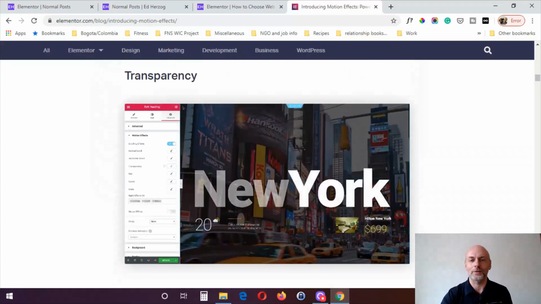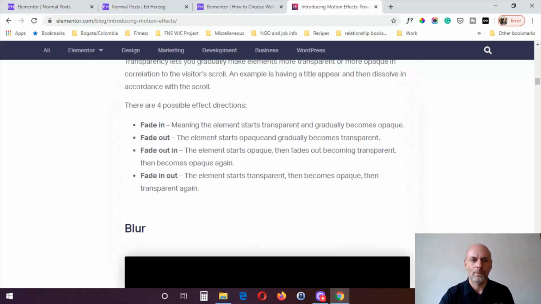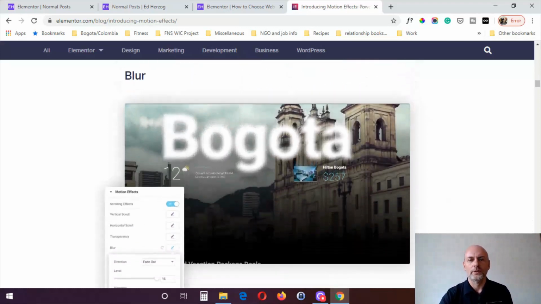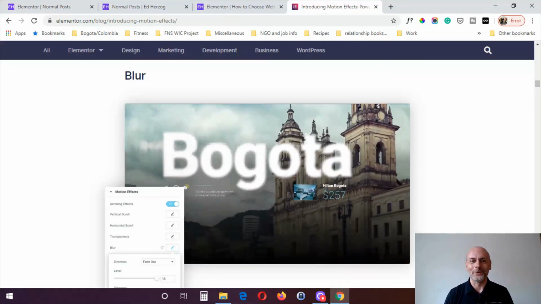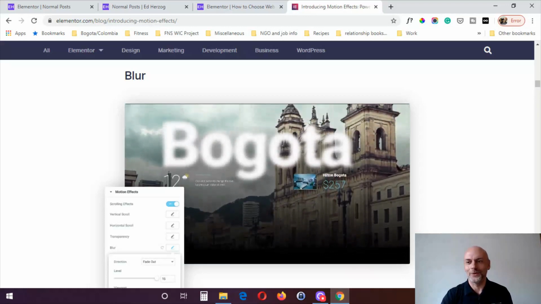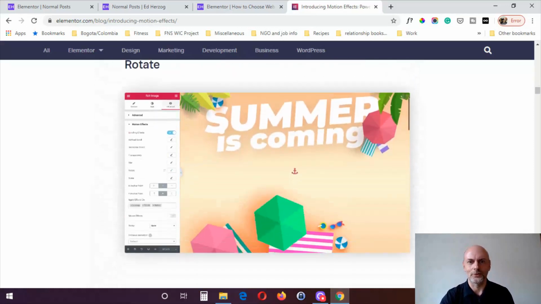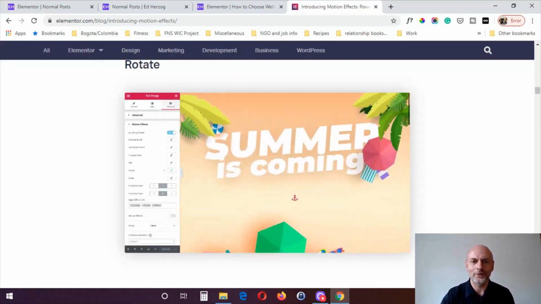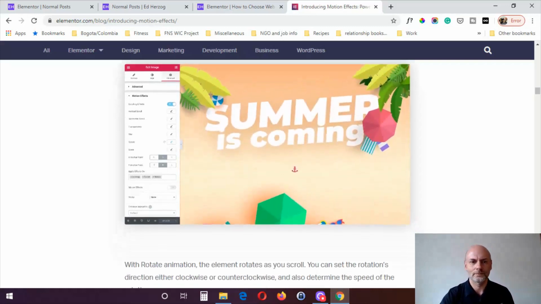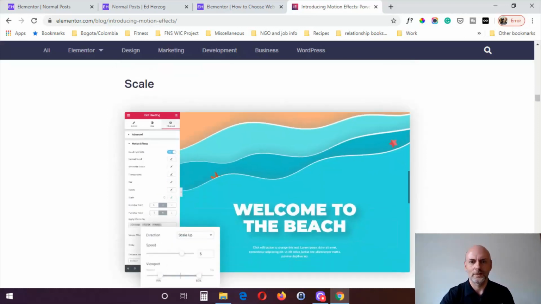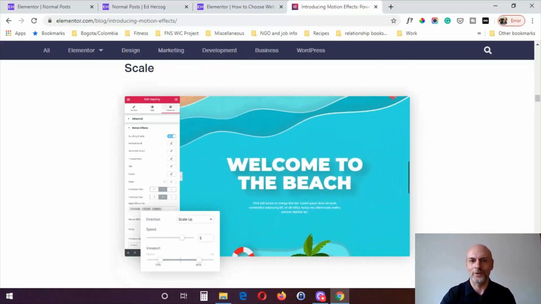Here's transparency, so you can see that the transparency of this text changes as the person scrolls. Here you've got blur. So they're interesting. They've got Bogota, which happens to be where I live. So they've got Bogota blurring as the person scrolls up and down. Here is rotate. So you can see those umbrellas here rotating as the person scrolls. And there's scale. So there you see that the text is getting bigger as the person scrolls up and down,